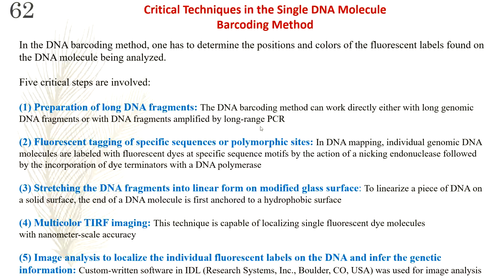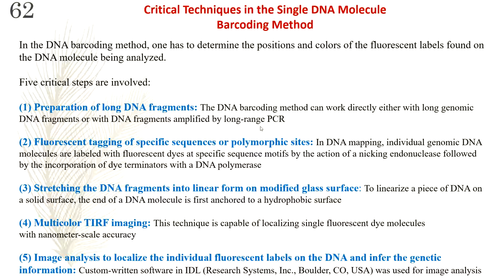And this system was first developed by Olympus. Okay, and after that they developed several kinds of fiber illuminators and other kinds of objectives to develop the whole system. And this current system is capable of detecting 3 colors. Okay, so generally the DNA backbone is stained with YOYO-1. This YOYO-1 is a dye which can be excited by a normal mercury lamp, and it has a specific excitation wavelength, I think 488 or 490 nanometers, something like that. You can simply search for YOYO-1 and you will get the excitation wavelength.